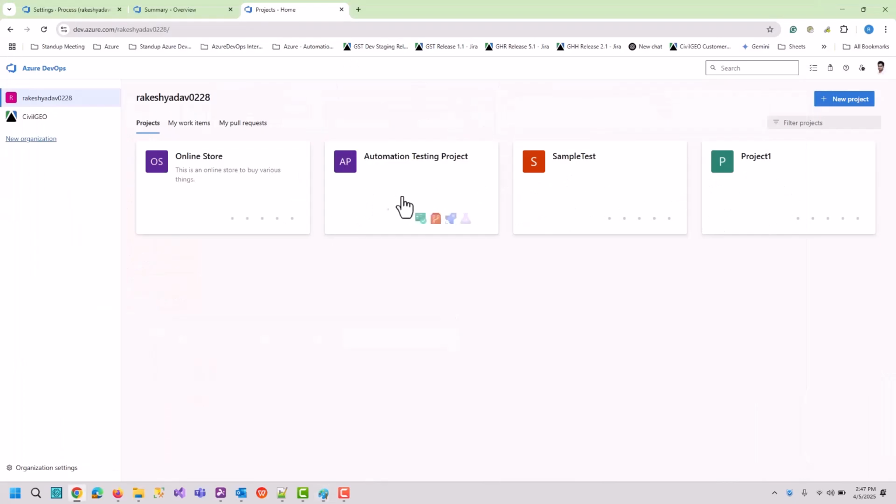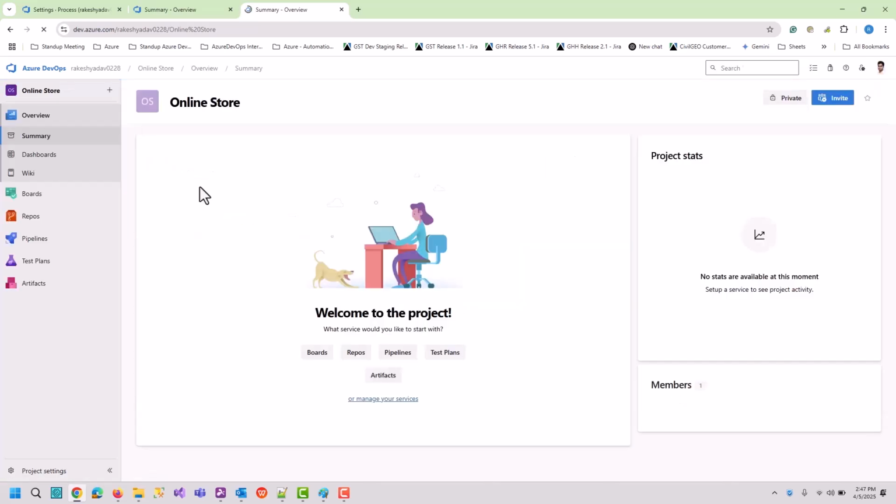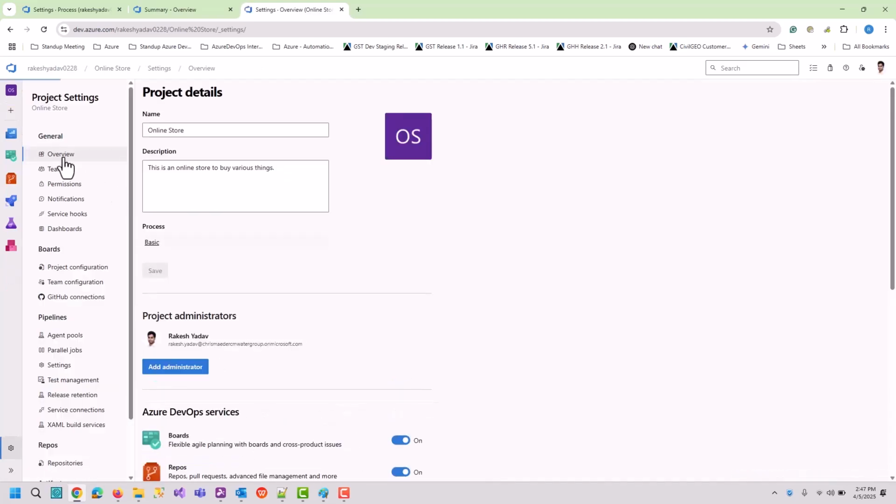For that, you first need to see which process is currently associated with our online store project. For that, you need to click on this online store project. Here you can go to project settings and click on this overview button. By default, it will be redirected to this overview option. Then you can see the process linked to this project is basic.